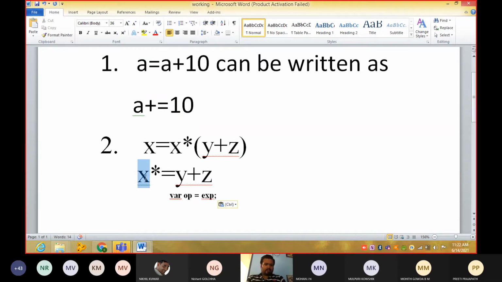So here if you see, this A and this X are the variables. See here, this is the variable. I will underline that one. See here, this is the expression.